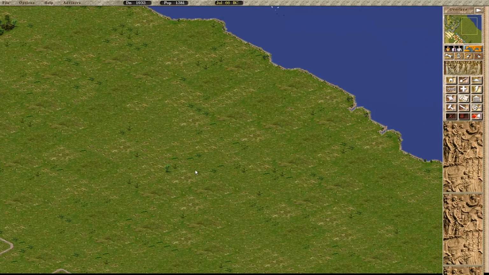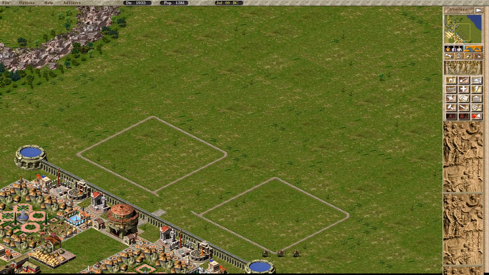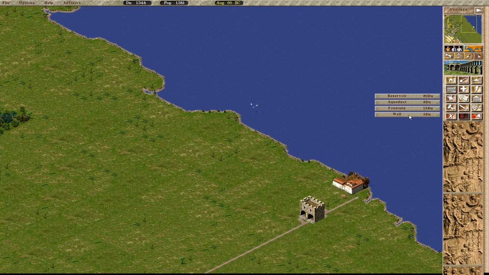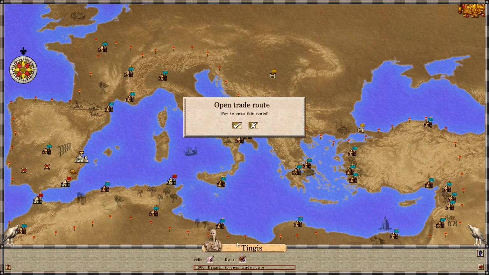Unfortunately, it's not enough. I mean, trade routes over the seas are very, very expensive. Now, what I could do is just pull one of these guys, go to the edge, and build a dock. Section off this part and literally just build a little micro colony right here, just enough to populate everything, and then we could open up a trade route,